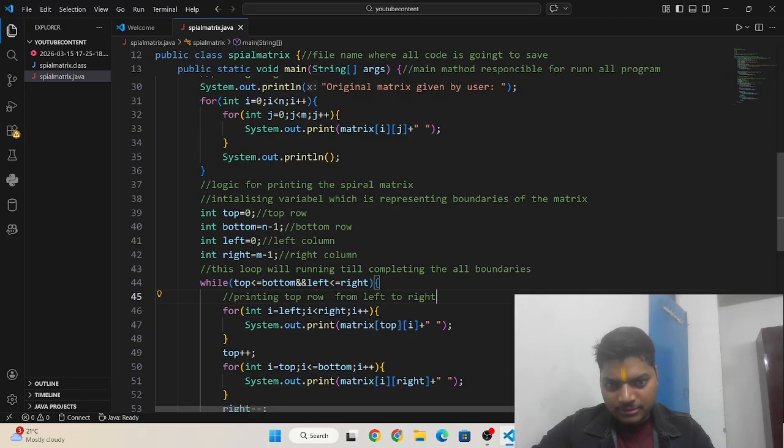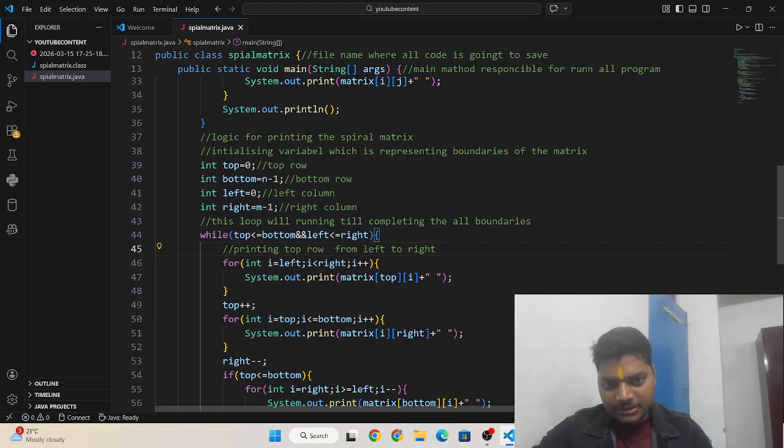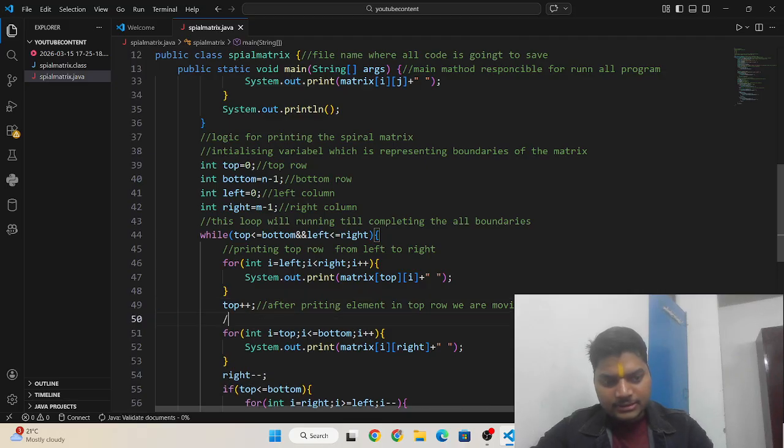Okay, and after printing the elements in the top row, we are moving it down.